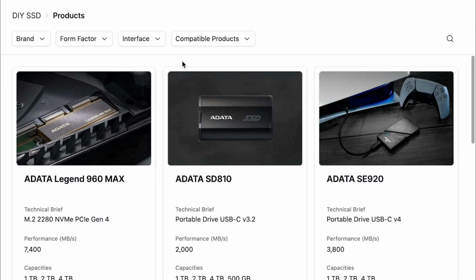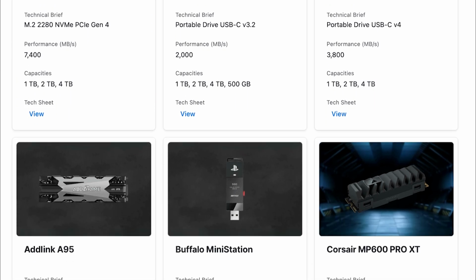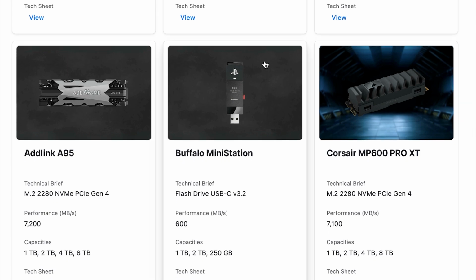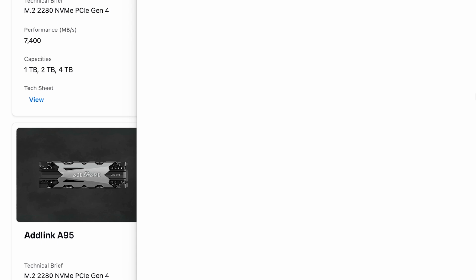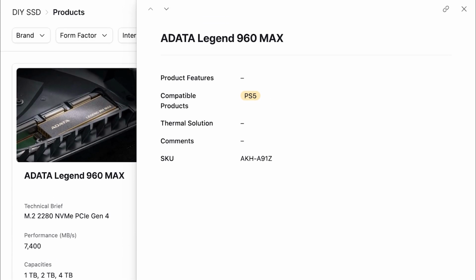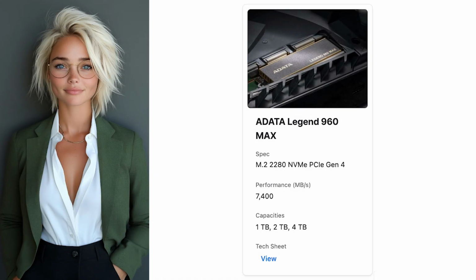I also have an interest in the ad link A95. I scrolled the web page down to display the card. What's wrong with me? I need to view the AData product details again. Flipping heck, where did the information go? Okay, it's all good. To see it again, I need to scroll the web page up. The reason for this is the details are placed at the top of the catalogue window. Just a quick tip, if this ever happens to you, before you scarper off, I need to talk about the